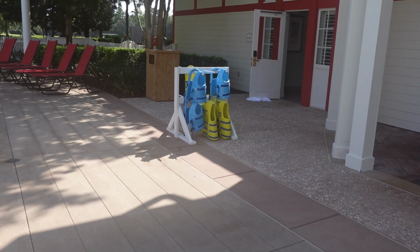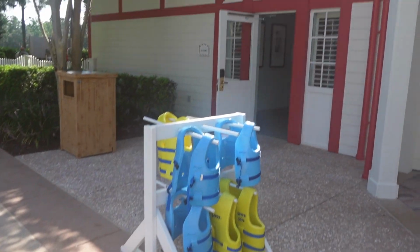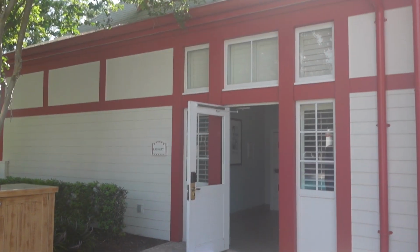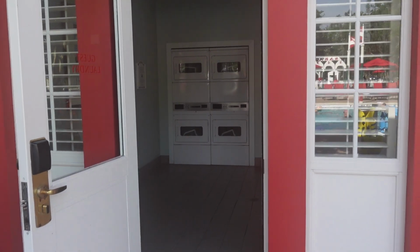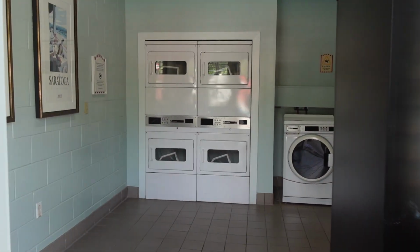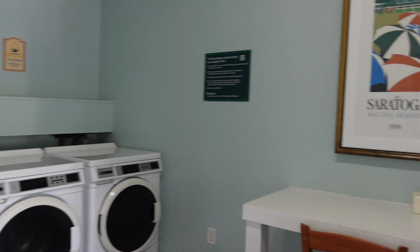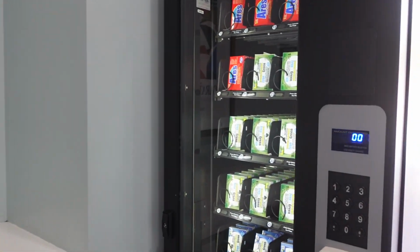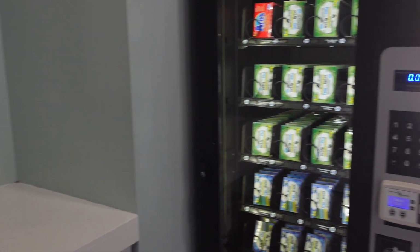As with any Disney pool or water feature, they have their complimentary life vests. Over in this corner though, we have the guest laundry. Never actually gone inside one before, or at least shown it to you on camera. But you've got your washers and dryers, and you can hear that echo. And then over here you've got a vending machine that has the essentials you need to start your washer and